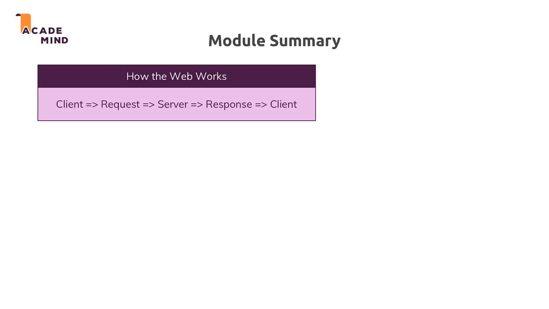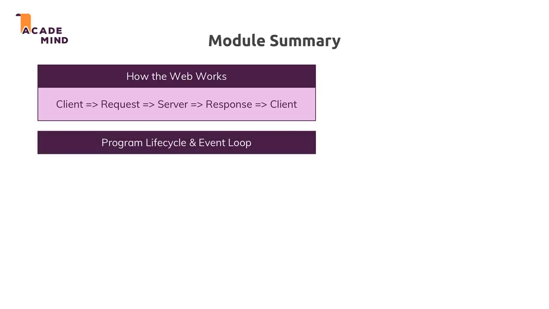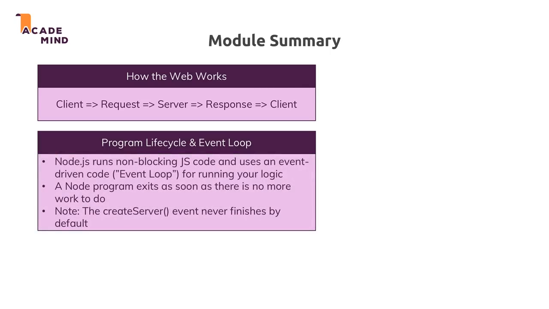Now, Node.js is the part that runs on the server. And regarding its life cycle, there is one important concept, and that is that so-called event loop. Node.js code runs in a non-blocking way, which means we only register a bunch of callbacks and events, and Node.js will eventually trigger that code once a certain task is done, so that the JavaScript thread is always free to handle new events, new incoming requests, and stuff like that. A Node program can exit if there is no more work to do, but on a server this, well, should at least